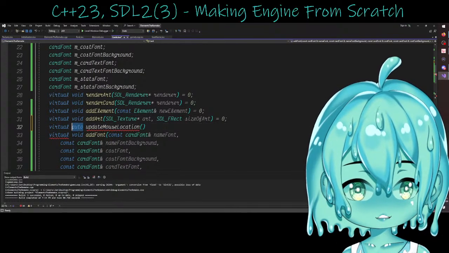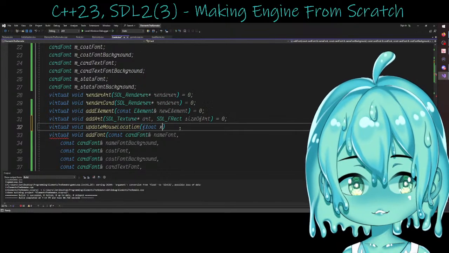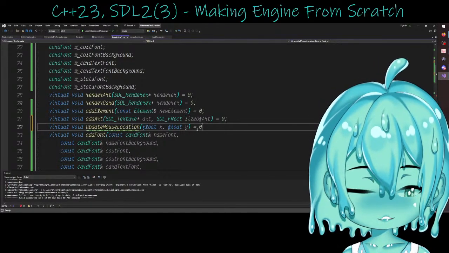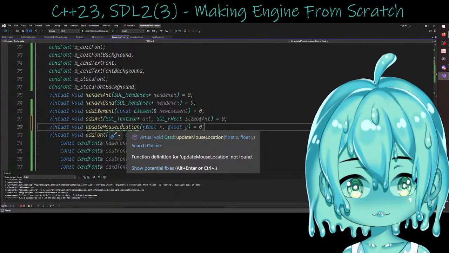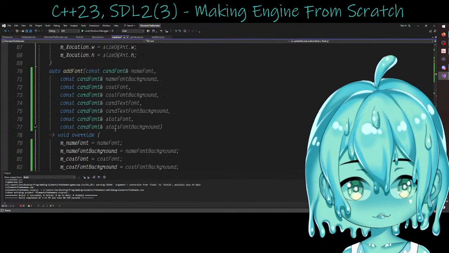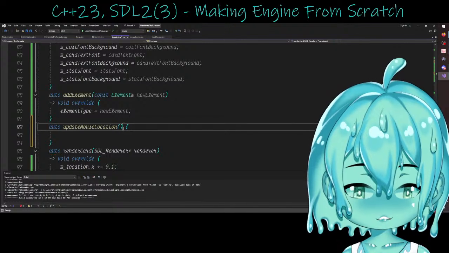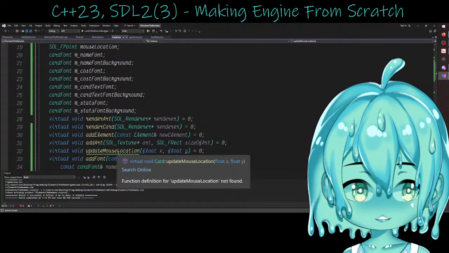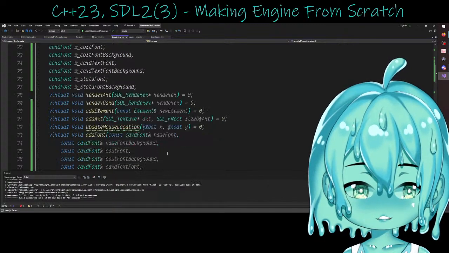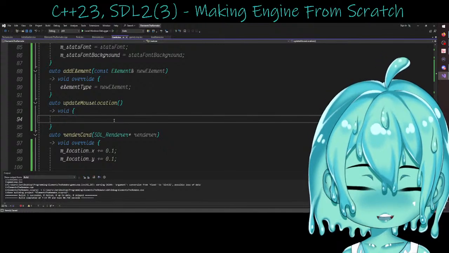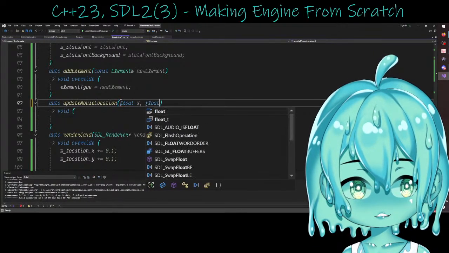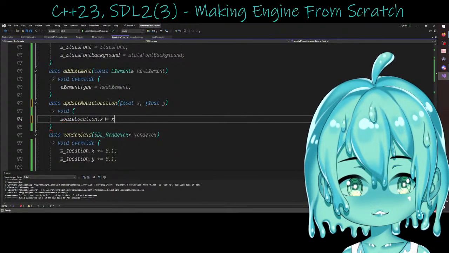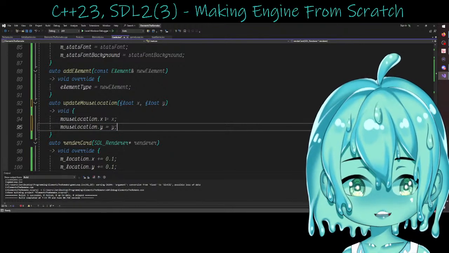Virtual void. I guess it's going to be a void. It's going to need a float x, float y, I think. And then is equal to 0. So now the goal is to get it to update to the mouse. So update mouse location. Function definition. What do you mean function definition? That's what we're making. It's gonna take float x, float y, and then what we're gonna do is SDL point mouse location dot x is equal to x, mouse location dot y is equal to y,